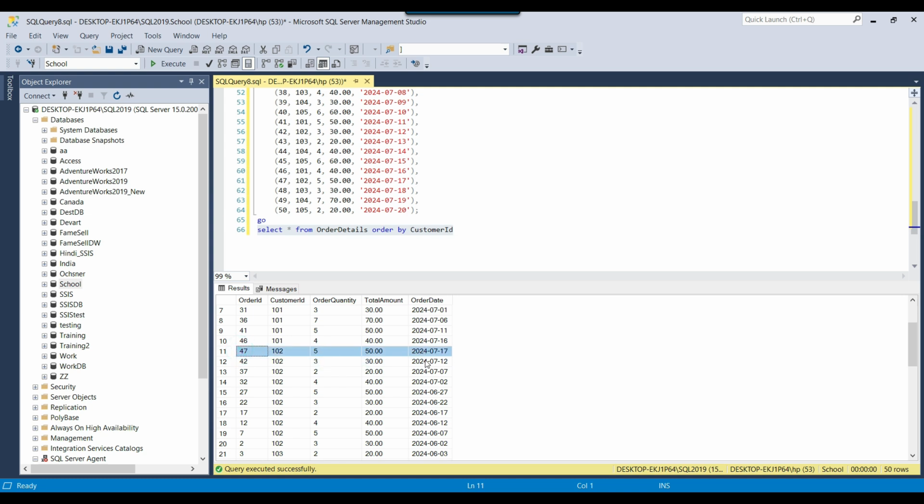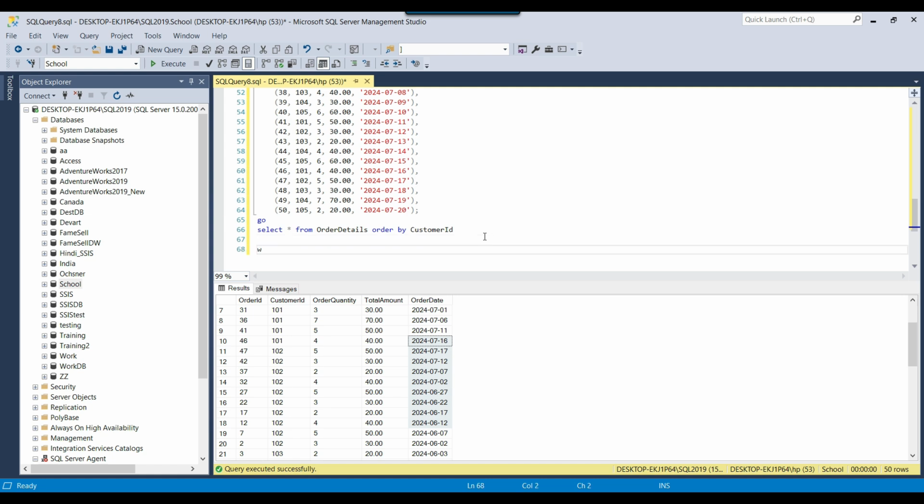This is the most recent record. So I want to get the most recent and unique record. The unique record should be based on the customer ID, and the most recent should be based on the order date. So these are the two criteria. How can we write that particular query to return the required data?